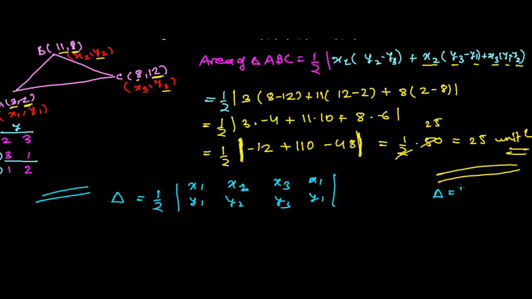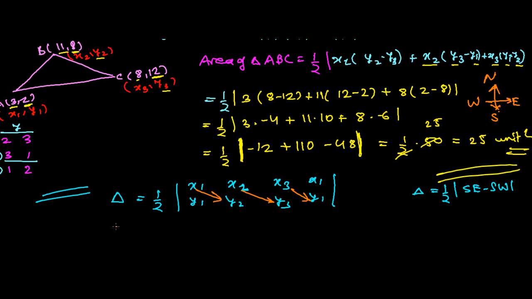The triangle's formula is 1 by 2 times (southeast minus southwest). All right, this is the formula. So what is southeast and southwest? I'm making arrows. Like in a compass, this represents north, south, this is east and this is west. So I'm making southeast arrows, like these all are southeast arrows.